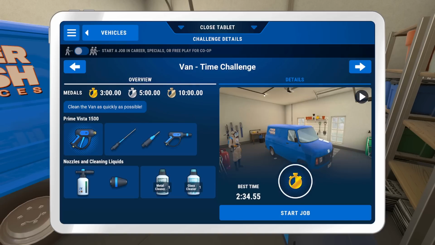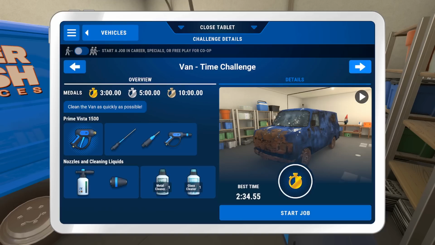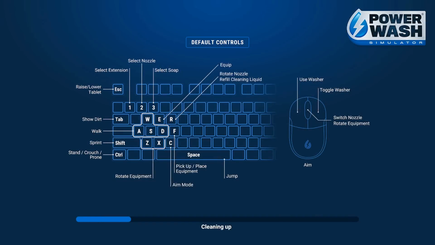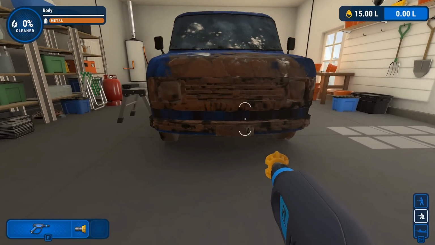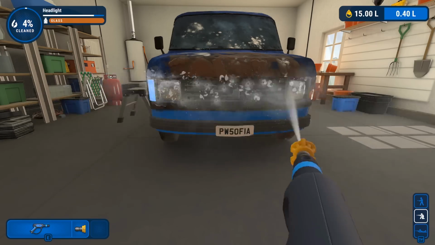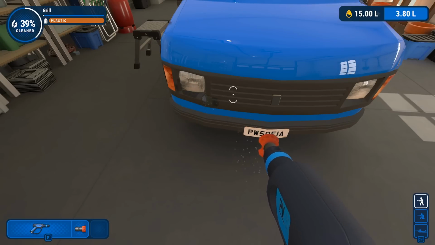the van. This time, however, our challenge is to use 15 liters of water or less. If we use more than 15 liters of water, we fail and we don't get the gold medal. So I took my time with it. I very calculatedly used my water. Every now and again, I would get a little bit crazy with it. And when I really felt like I needed to slow down, I would switch to the red nozzle and really